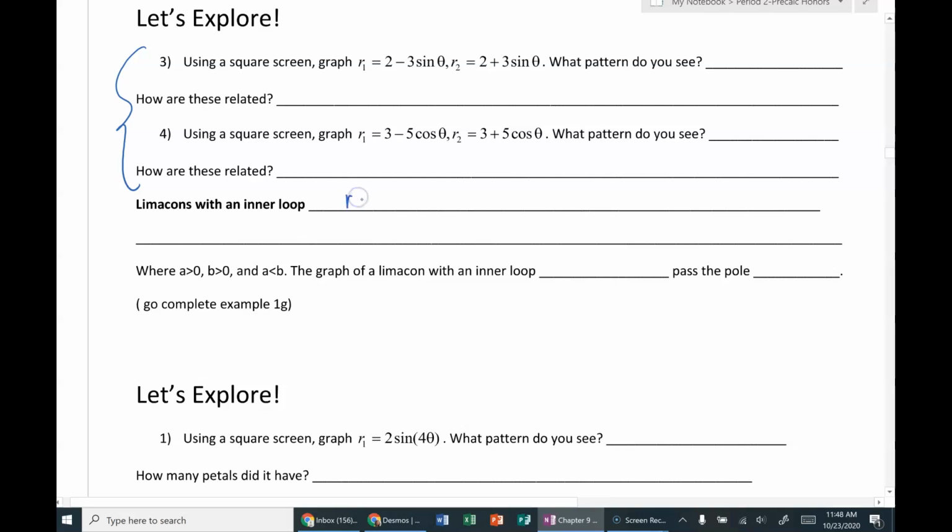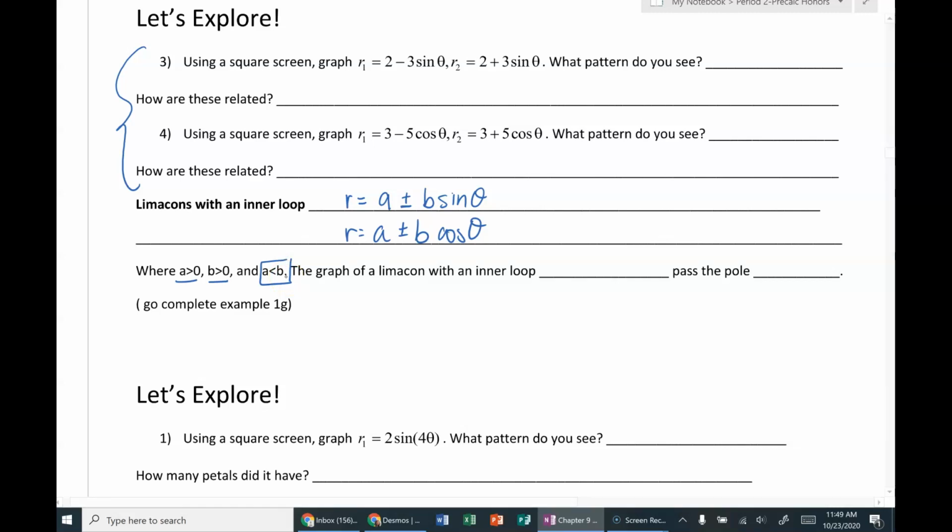So we have two equations, technically four, but I'm going to write two on here. We have A plus B sine of theta, or A minus B sine of theta. Then we have the same thing except cosine of theta. Now the difference between without a loop and with a loop is this. This is still the same. A and B are both positive, but because A is less than B, now it is with an inner loop,